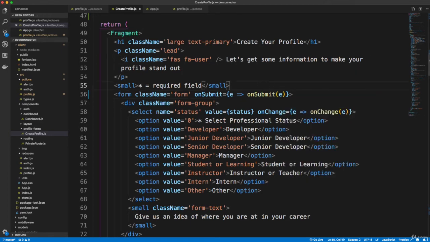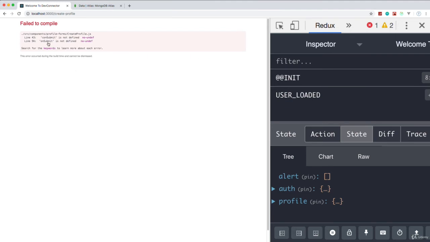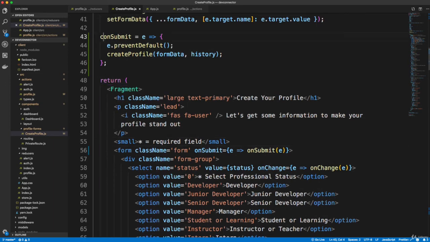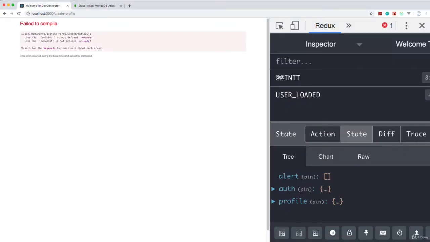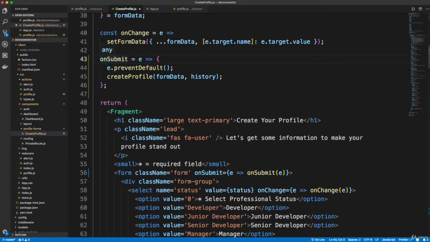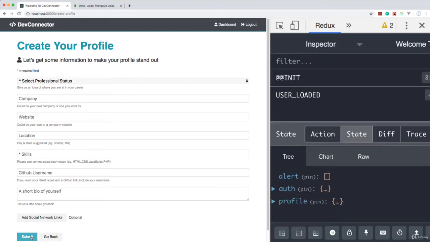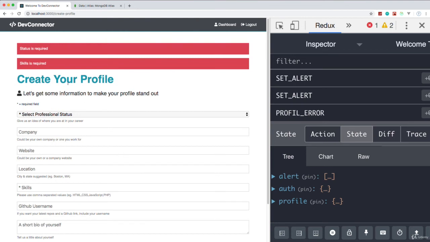Okay, so we'll save. Let's go back. So we have an error. onSubmit is not defined. Let's see, line 43, onSubmit is not defined. Oh, I forgot const. Okay, so let's try to submit without anything, and we get status is required and skills is required, because remember,